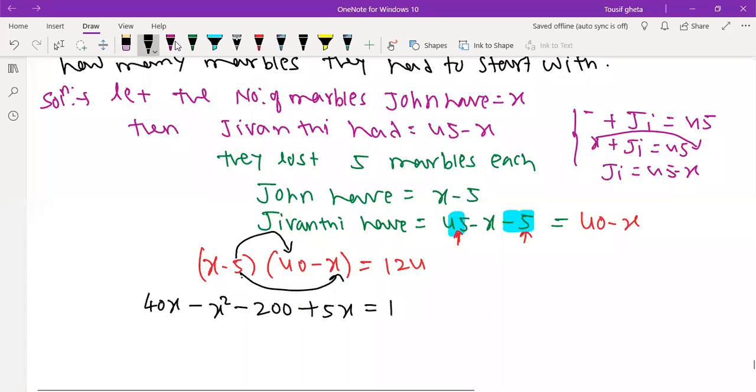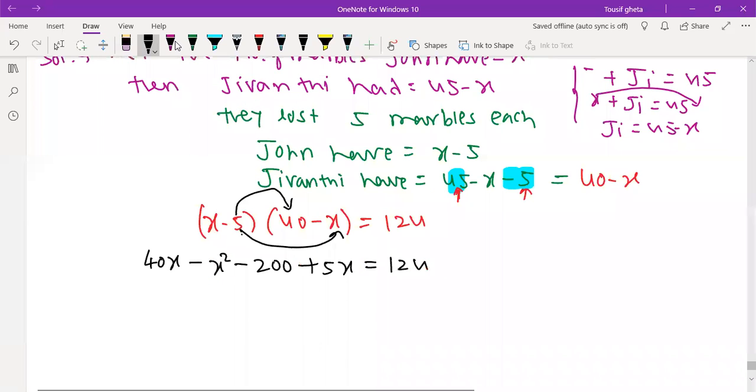Okay. So now, see, you know that this x square is there. This x square is minus. So what I want is positive terms here. So what I will do, I